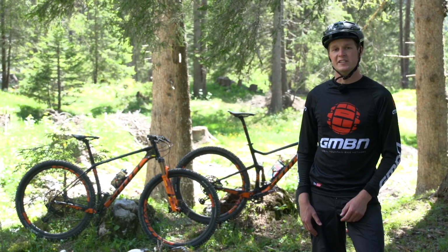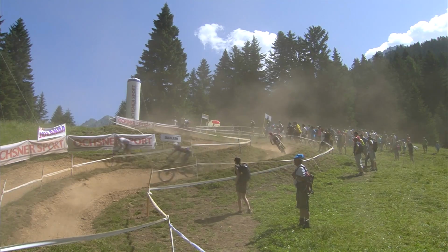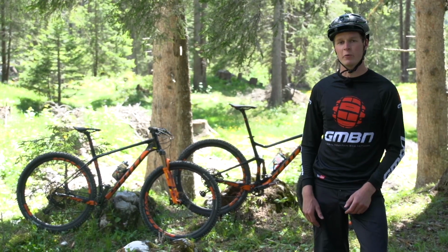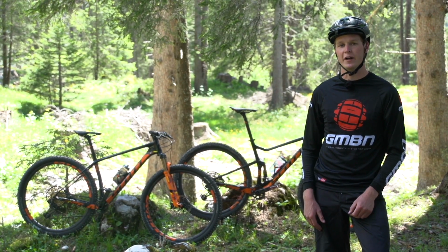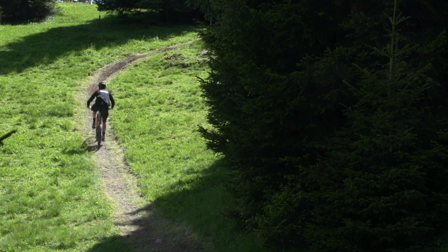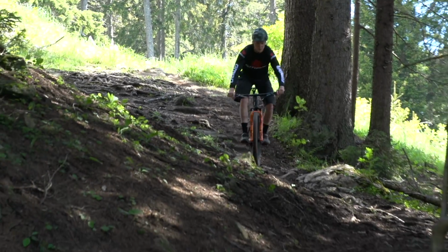And this is our course. It's in Lenzerheide, Switzerland, home to the 2015 and 2016 cross-country mountain bike World Cup. It's got to be one of the ultimate places to test the two bikes, full suspension versus hardtail. It's got challenging terrain, uphill, technical and also flat, and then technical descents where it's really going to test the